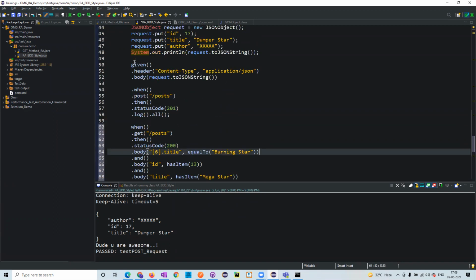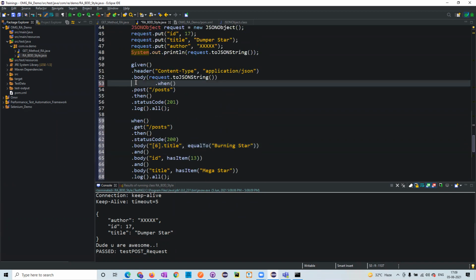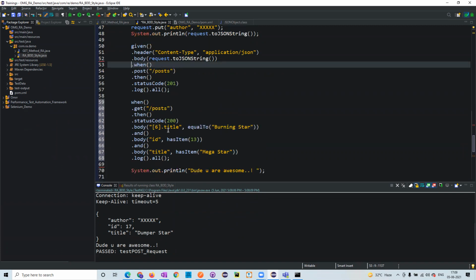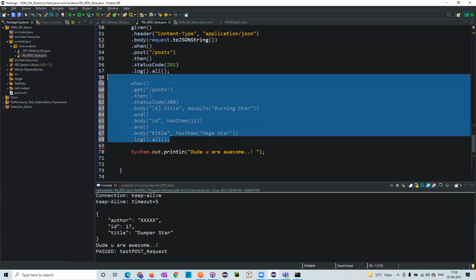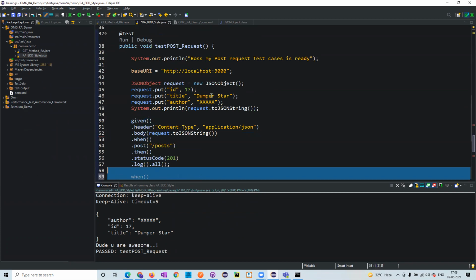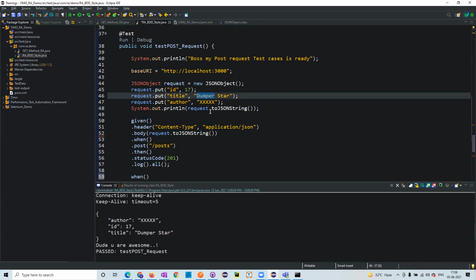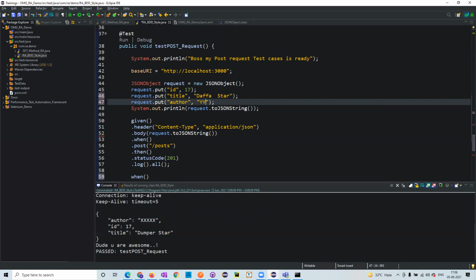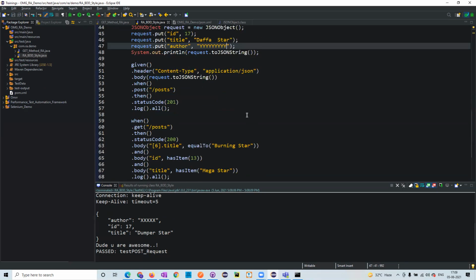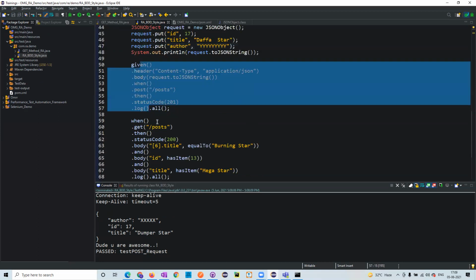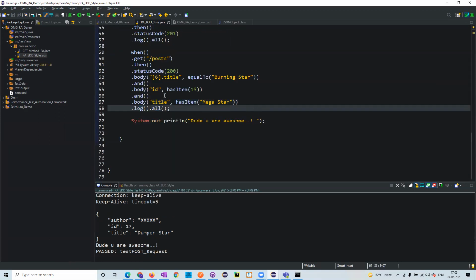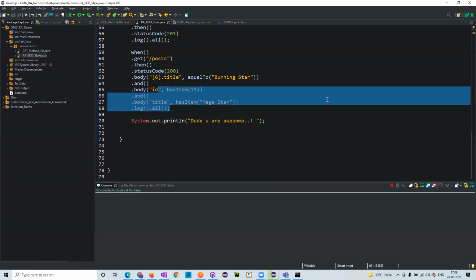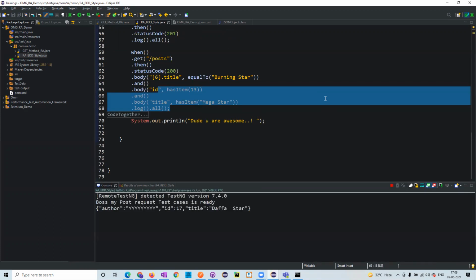Okay, now what I'm trying to do here, I'm trying to post a particular request, and I'm getting the other values and then doing the assertions for this. Now I'll be saying here, duper star, and then here all my values. Okay, now I have given it. So now I have done the post request, get request, and the assertion with the matchers. Now if I run this, so you see here,